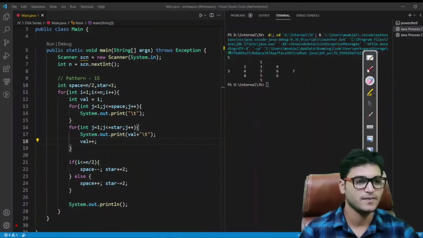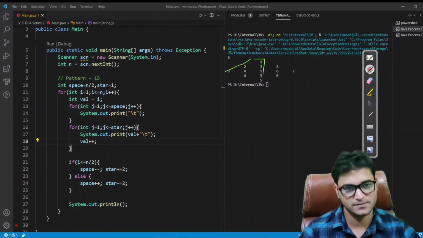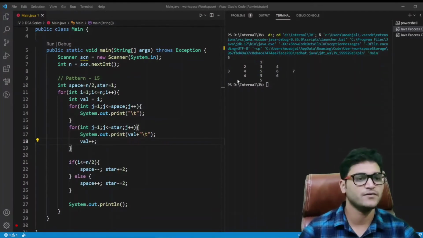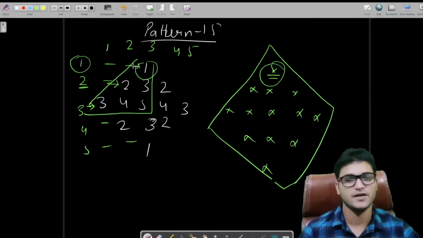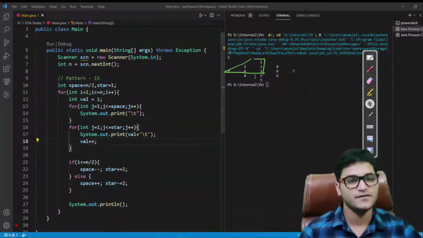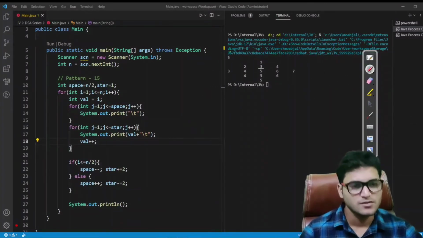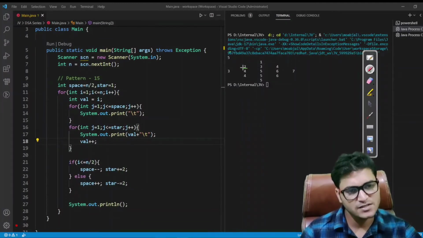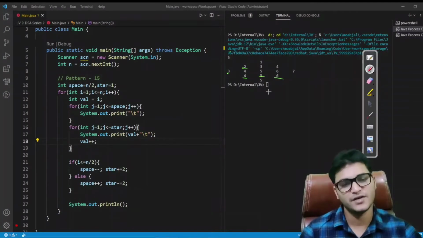What are we missing? If you observe here, we have printed the correct output for this section. You can compare from here, we have printed the correct output for this section, but we have to correct the entire pattern. For that we will have to analyze the pattern which we have printed. So in each row, we are just increasing: 2 3 4 3 4 5 6 7 4 5 6. We are just increasing this also.